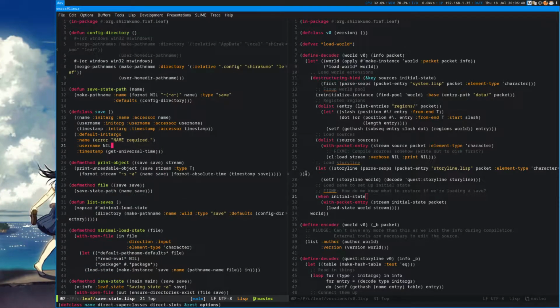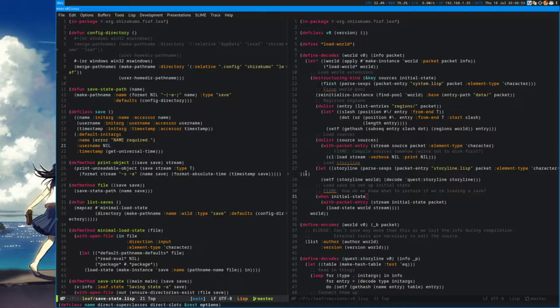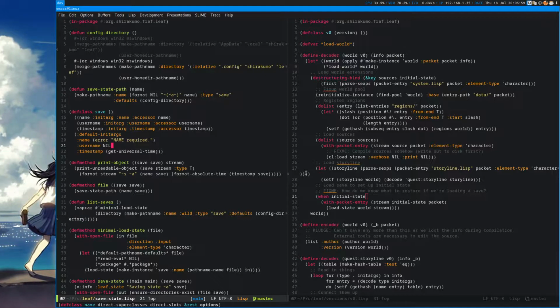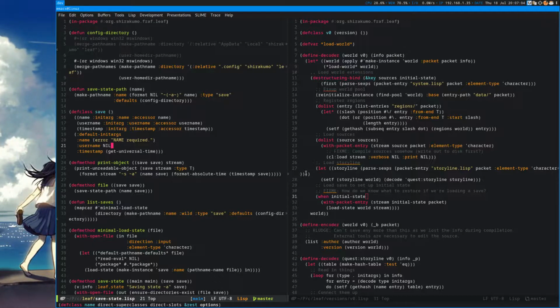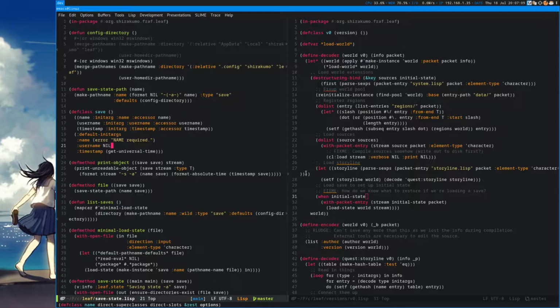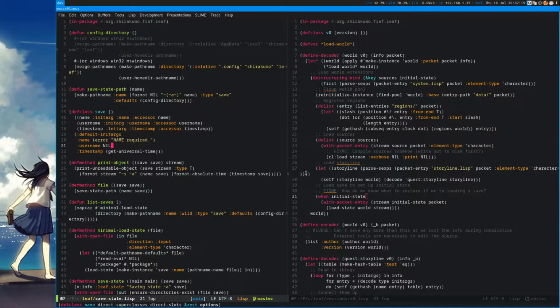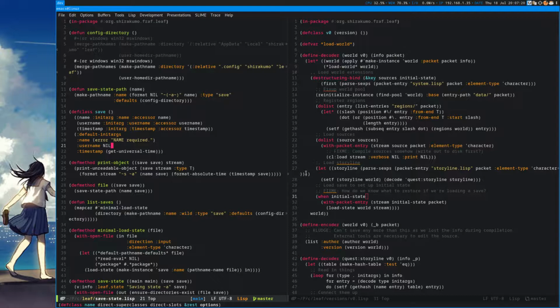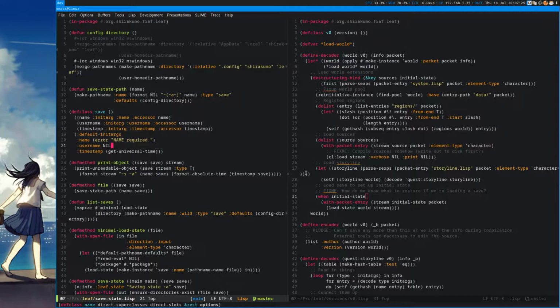So as part of the life cycle of the game, you might have entities in certain parts of the world that get either added or removed. So for instance, you might have some kind of NPC that joins the town or leaves the town or dies, or you might have some kind of alteration in the terrain, or not just the terrain, the game world. And the question is, how do you persist this information?